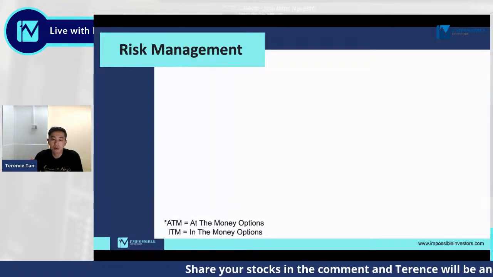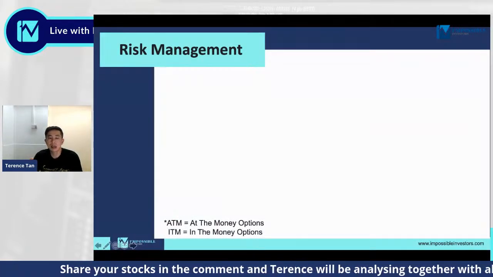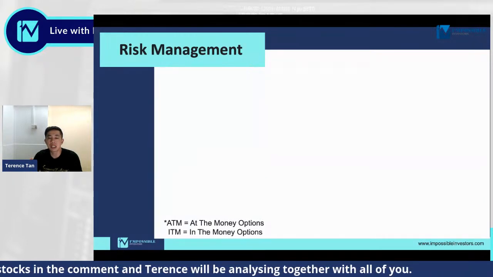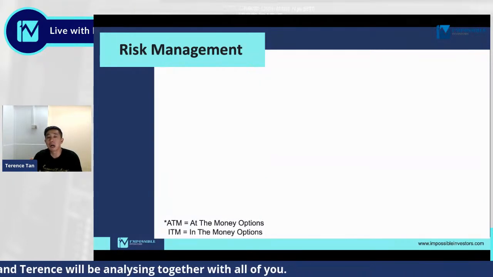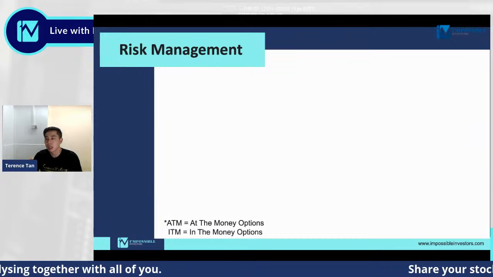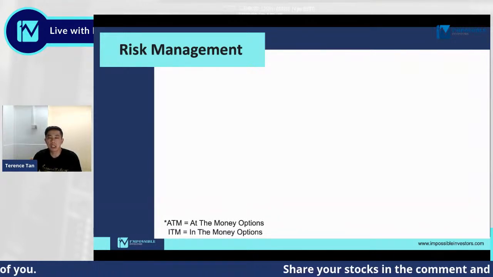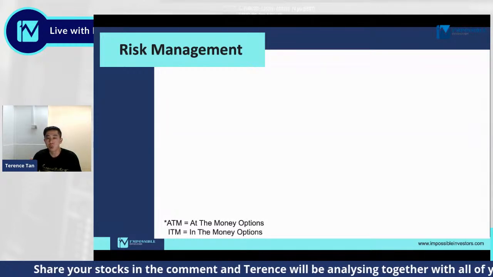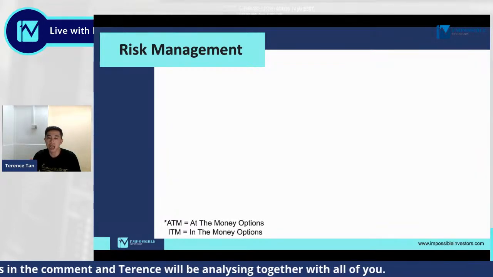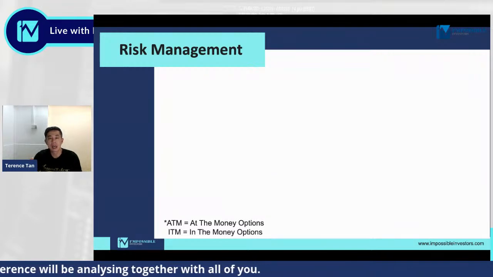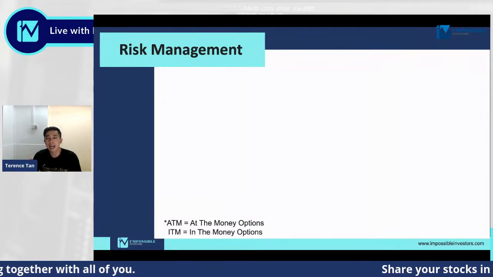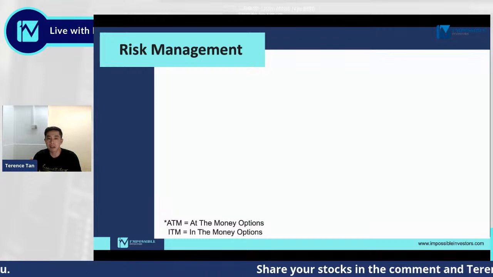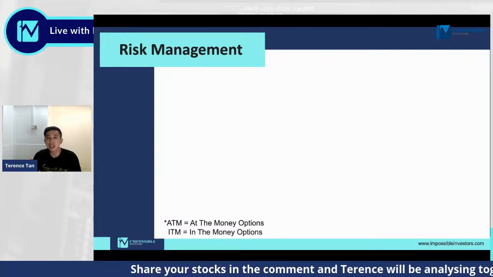Now, risk management with options. What does it mean? It simply means this. If you have bought a stock at the bottom of the market, let's say you bought a stock that bottomed out at $50 when the market hit bottom in March. You went deep down inside and you decided, okay, this is a bargain, I'm going to buy it now. So you bought the stock at 50, and then over the last 2 months, the stock recovered, and let's say it recovered to $80 now.